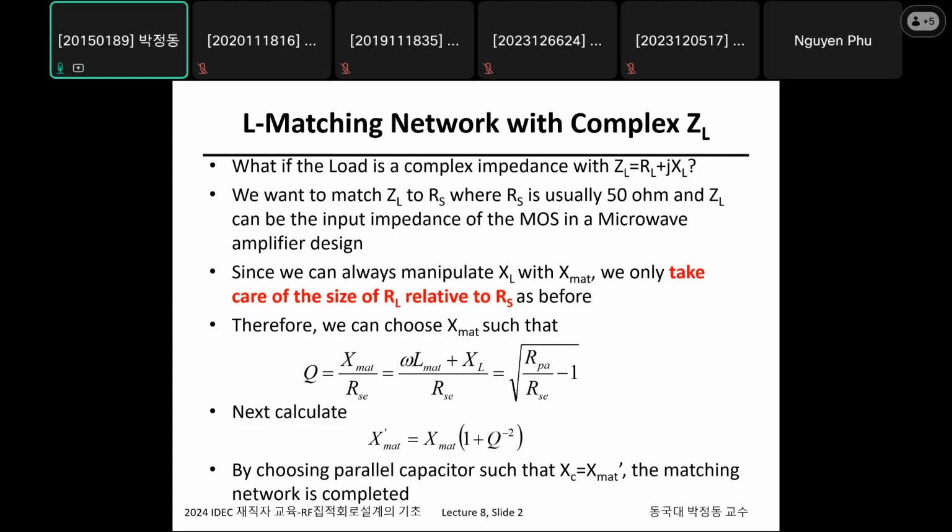Which part determines it? The real part of the load impedance is the resistance, right? So the resistance is critical, right? The resistance ratio actually determines the quality factor Q, right? So the network quality factor determines the bandwidth, right? Yes, of course. The network quality factor is just